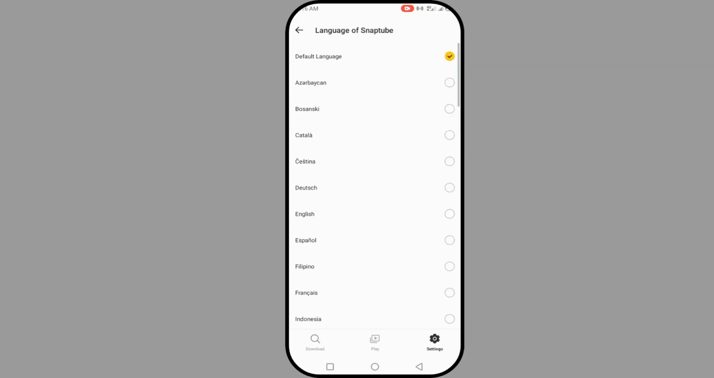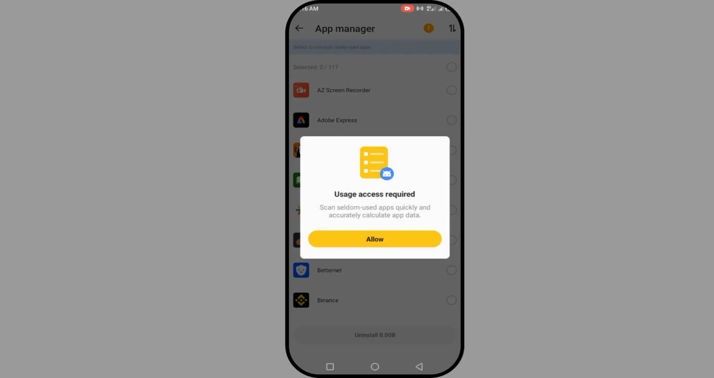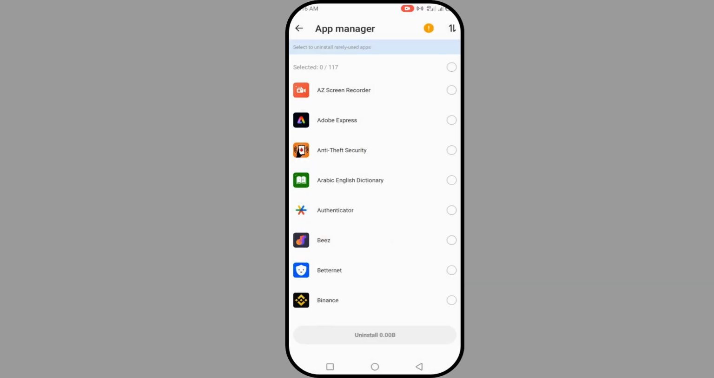go to your settings here. If you go to your settings here, there are a lot of things that you can do on your settings. Now, app uninstaller is there on your Snaptube. Just click on app uninstall and it's going to bring all the apps on your phone straight away to your